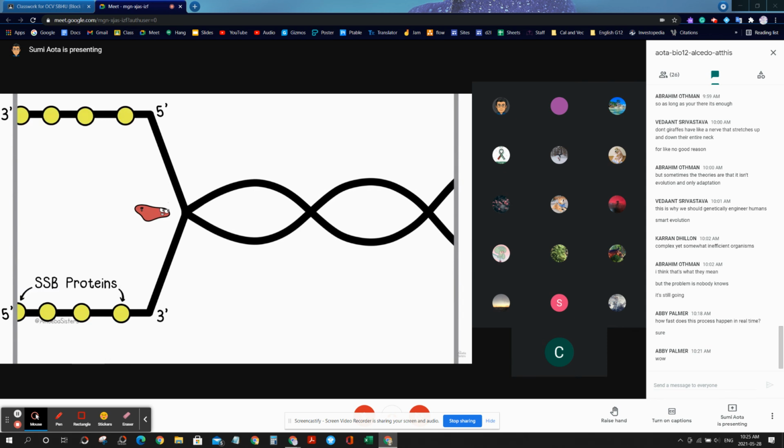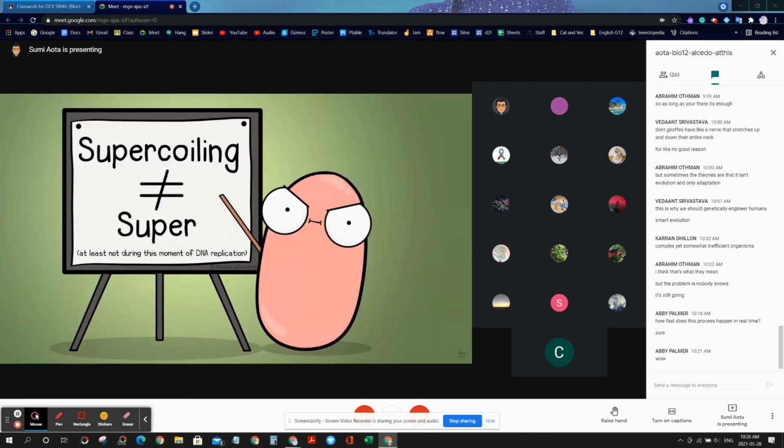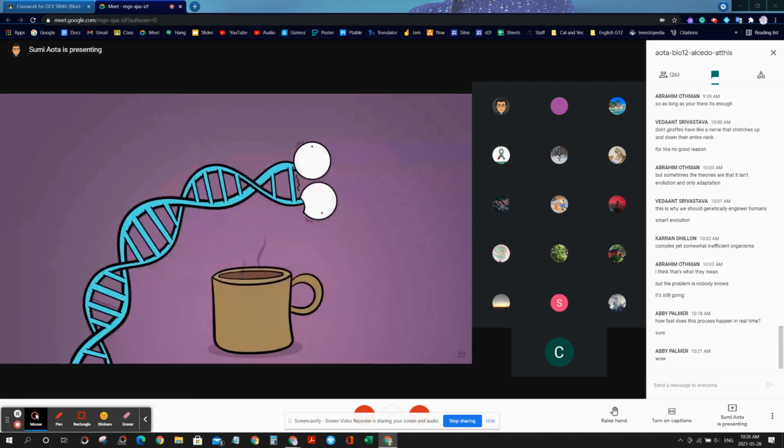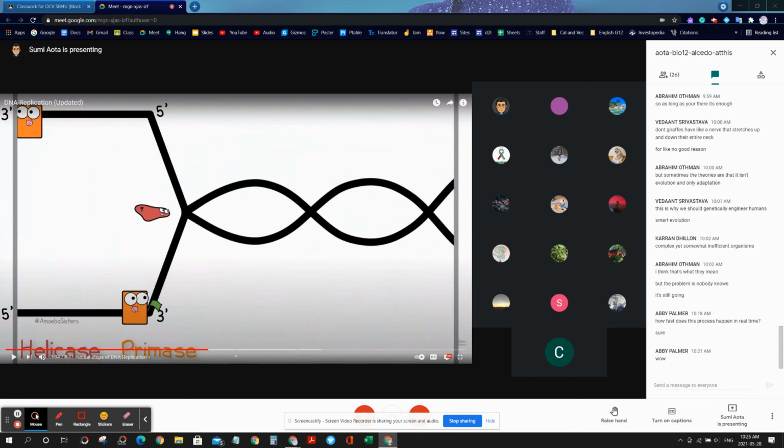Here's the thing though, you don't want these strands to come back together. So SSB proteins, which stands for single-stranded binding proteins, bind to the DNA strands to keep them separated. And topoisomerase, I always have to slow down when I say that enzyme's name, keeps the DNA from supercoiling. Supercoiling might sound super, and it can be when you're trying to compact the DNA, but it's something that needs to be controlled during DNA replication. Supercoiling can involve an overwinding of the DNA, and you need the DNA strands to be separated for the next steps. Primase comes in and makes